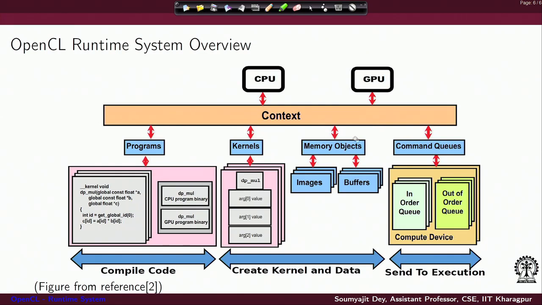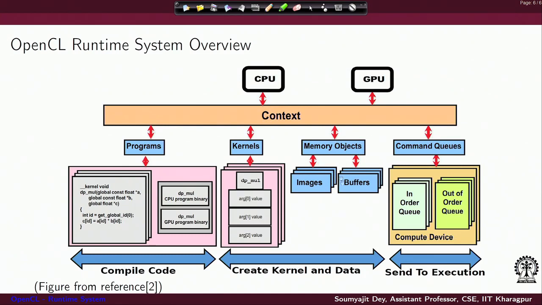So, all these things go inside the context of execution, right? This context means everything is here. Every execution orchestration will be happening inside this abstraction. Why do we define this abstraction? Again we will repeat: technically we are viewing a more complex system, there can be other CPUs, GPUs encapsulated inside another context type object, right? To bring in this abstraction we can have multiple contexts. So, inside this context we can have program objects, kernel objects, and we can also have memory type objects. Of course, they are required.